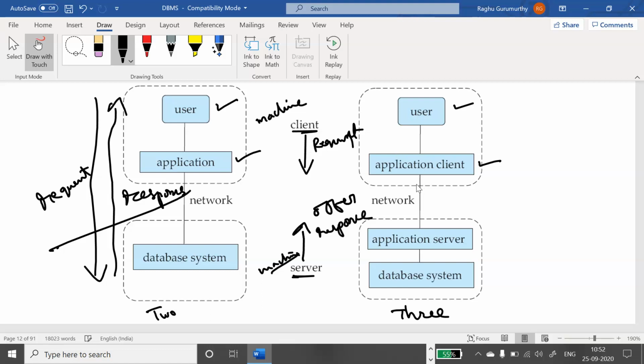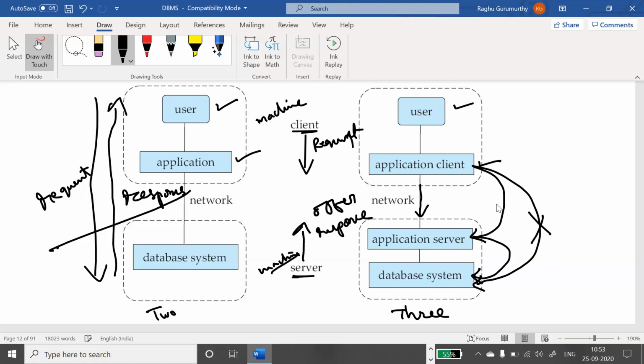Through the network, there is a request to the application server. This application server interacts with the database system. There is no direct interaction between the application client and the database system. There is an indirect kind of communication. The application client talks with the application server, which talks with the database system.